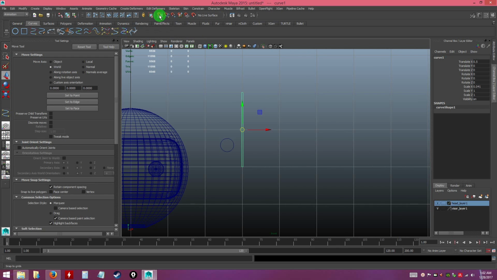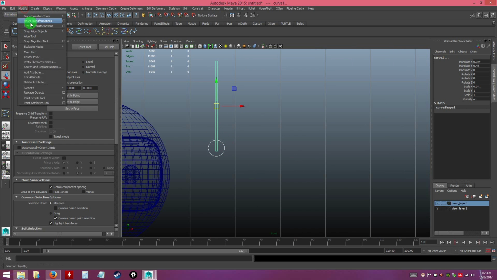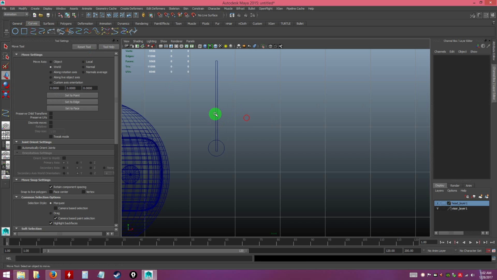Alright, so I'm gonna put it, snap is on. Make sure you turn off the snap. I'm gonna put it here, so I'm gonna line it over here, and I'm gonna freeze transform both of these. Right, so this one can be just the bar. Okay, now that we have freeze transformed the controller,